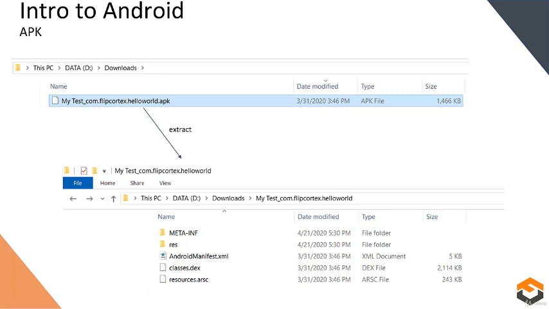Resources.arsc is a file containing pre-compiled resources, such as binary XML. Classes.dex contains the classes compiled in the DEX file format, which is understandable by the Dalvik virtual machine and by the Android runtime. RES is the directory containing resources not compiled into resources.arsc.